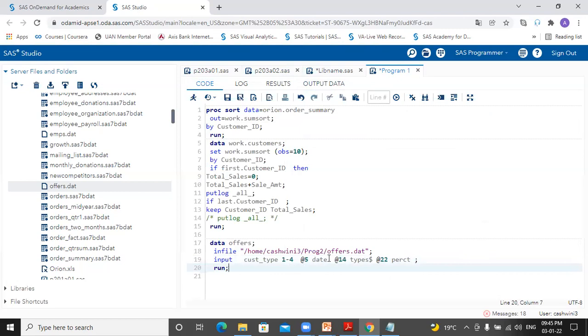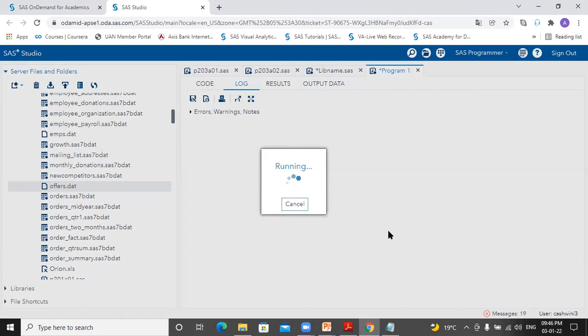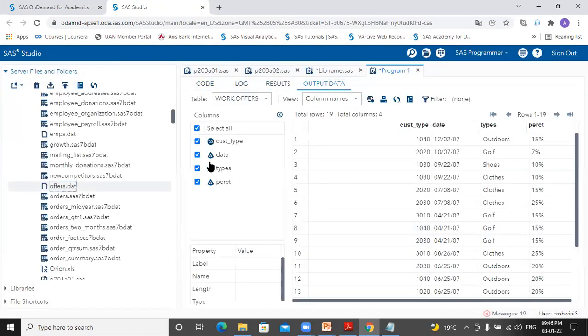But in case I provide a dollar sign for date and for percentage, it's reading the values, but not as numeric. Its type is going to be character. So is date going to be character, or percent going to be character for us? Ultimately in your data, do we really require it as character type of data values? No. Date is never saved as character, nor is this going to be saved as character.